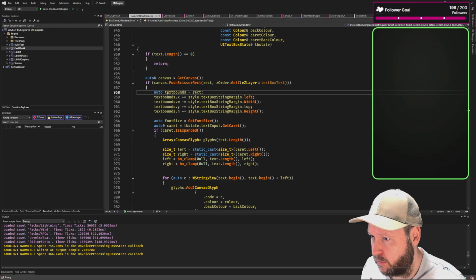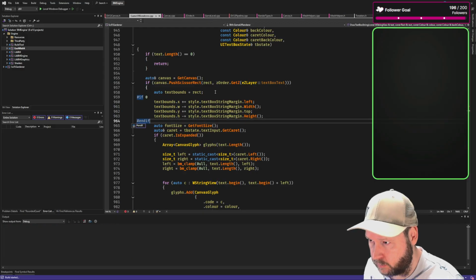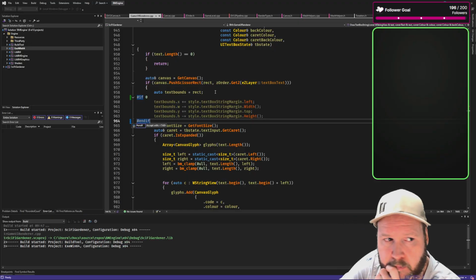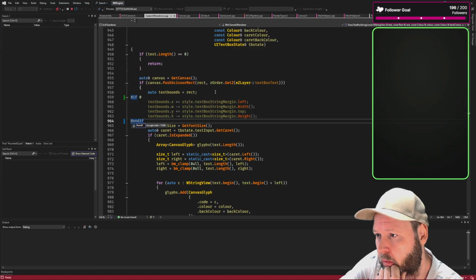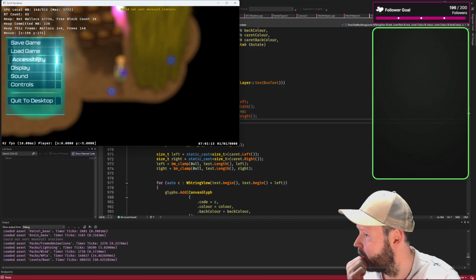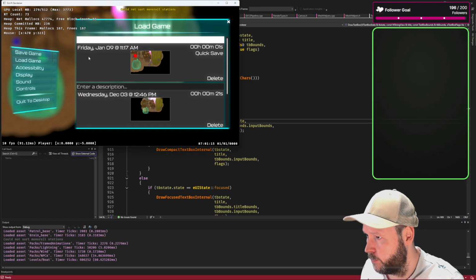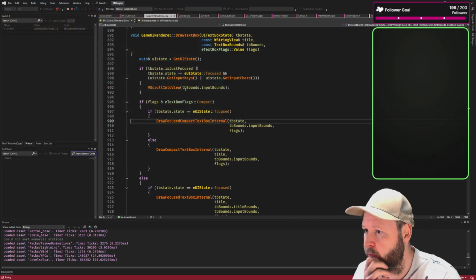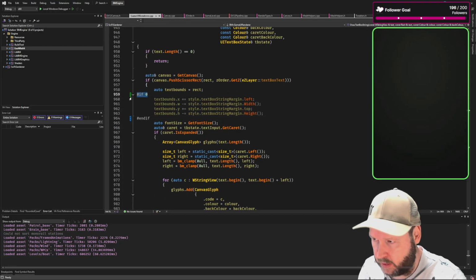So if I just get rid of this for a second. Oops. Yeah, that's it. So the text box string margin, okay, that needs to be